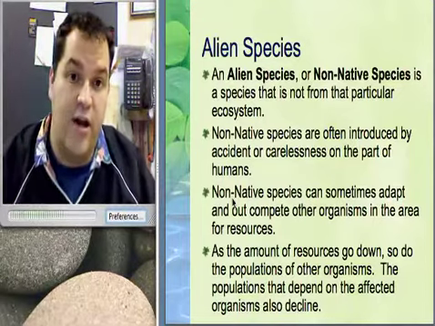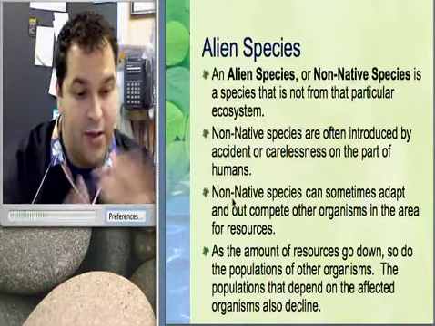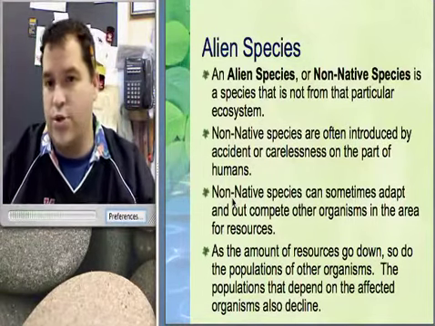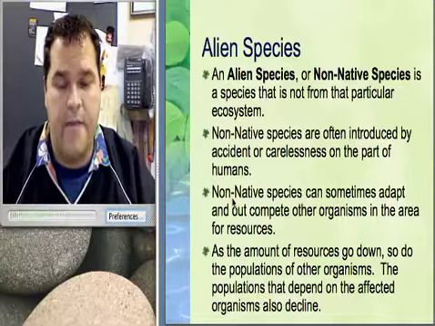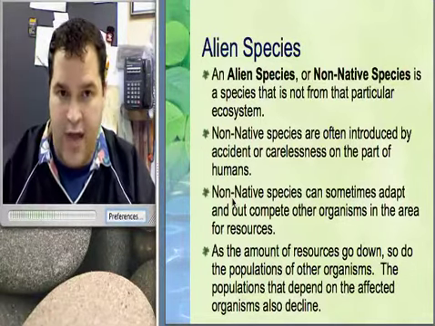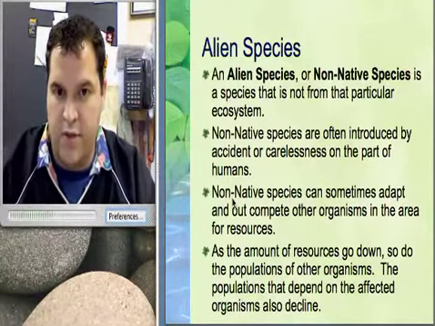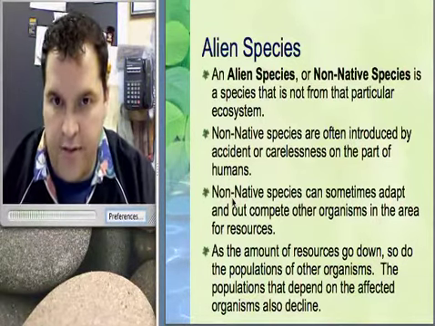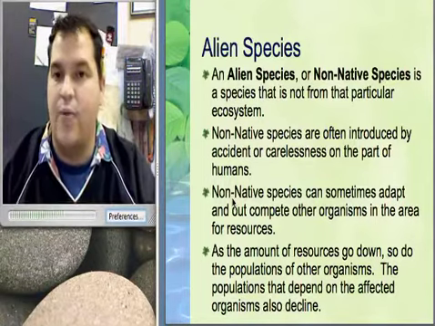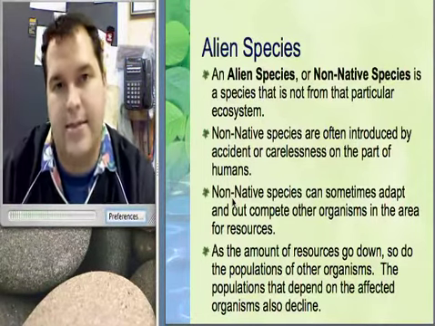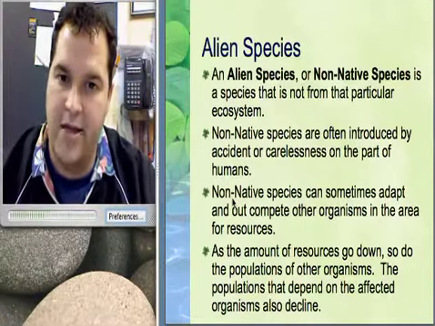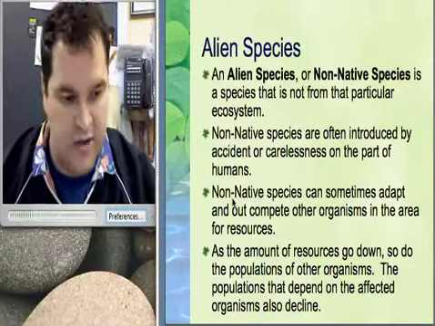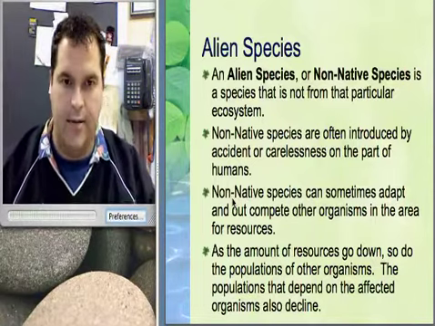Another thing is that they're very aggressive filter feeders, meaning that they suck the water in on one side and spit it out on the other and take everything in it. Plankton, organic particles, they're just taking it in by the boatload, right? So anything that eats plankton or those organic particles could be in trouble, especially if they're not as efficient as the mussel. Another problem with the zebra mussel, as if we need more, is that when they spit the water out on the other side, it's slightly acidic. So now we're changing the pH of the water. Well, that's bad, because what if the things in the water are very sensitive to pH? If the pH goes too low, then those things are going to die.